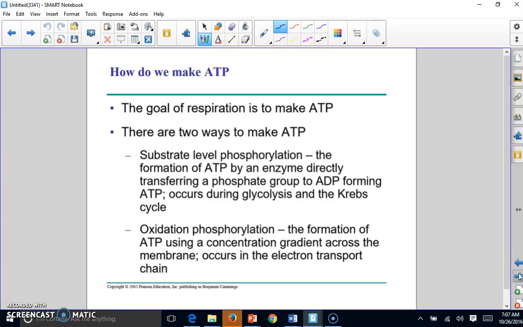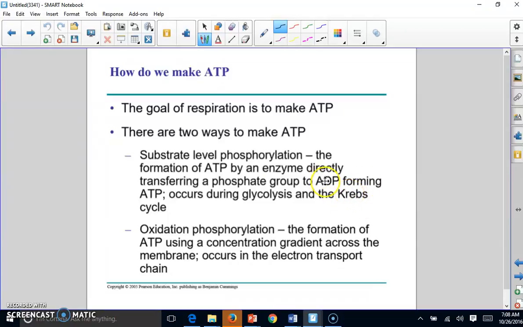As we've said many times, the goal of cellular respiration is to make ATP. There are two ways to make ATP. The first one is known as substrate level phosphorylation. And in substrate level phosphorylation, what happens essentially is that there's a phosphate group on a molecule that's unstable. An ADP comes by and takes the phosphate group and makes ATP. And this occurs during glycolysis, which we're about to discuss now, and also the Krebs cycle,